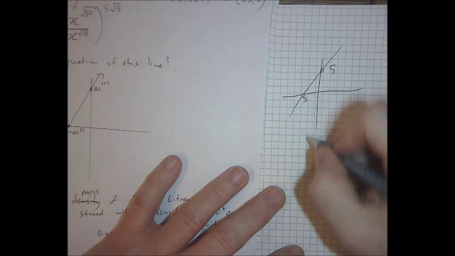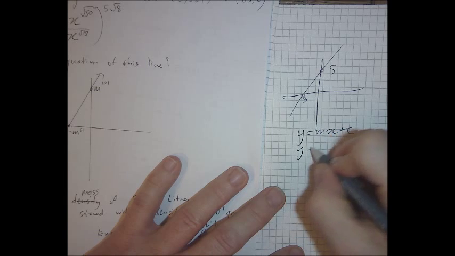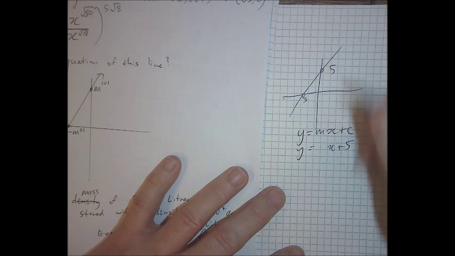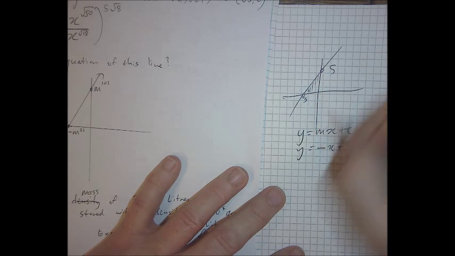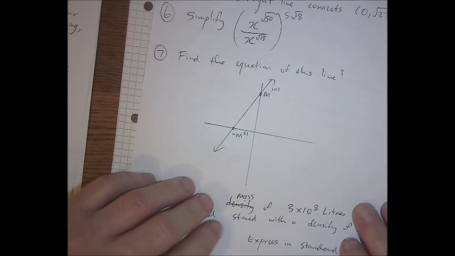I'm going to use the y equals mx plus c template for this. The c is the y-intercept, so that'll be 5. The gradient, the m, comes from tucking a triangle. The height of that triangle becomes the top of a fraction, and the width of the triangle becomes the bottom of the fraction, and we're done. So if that's what I do on the easy version, that's what I'm going to do on the harder version.